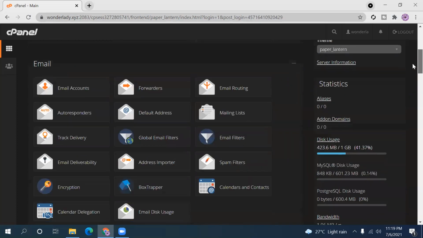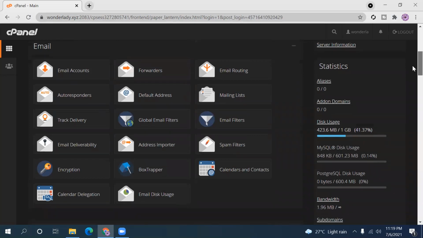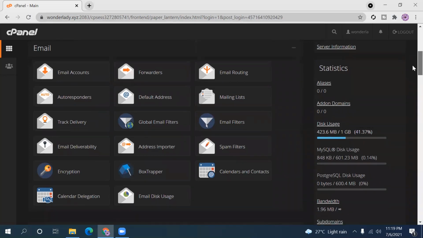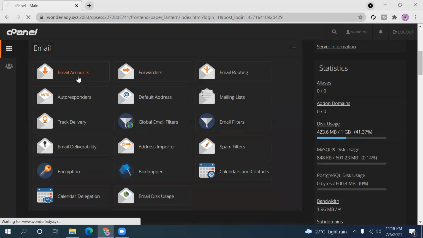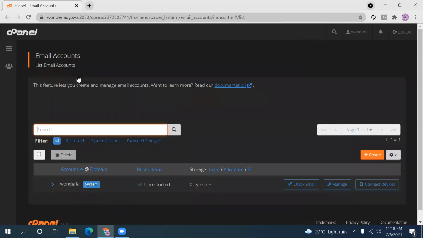First of all, the email section is first in our cPanel, and this email section has some different types of features included, which are email accounts, forwarders, email routing. I just click on the email account button, and